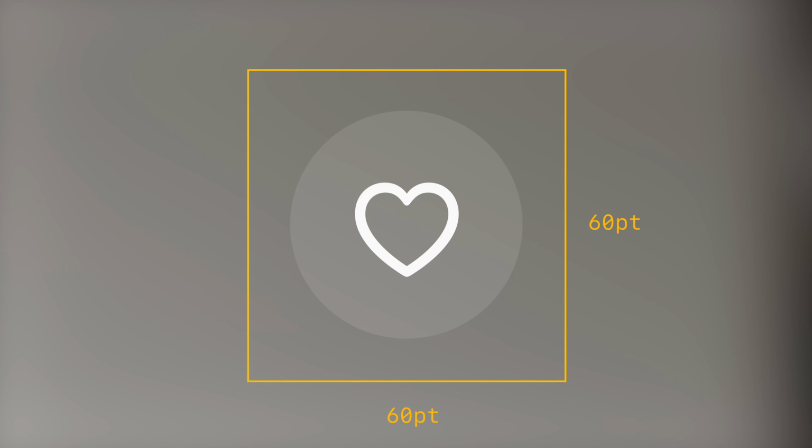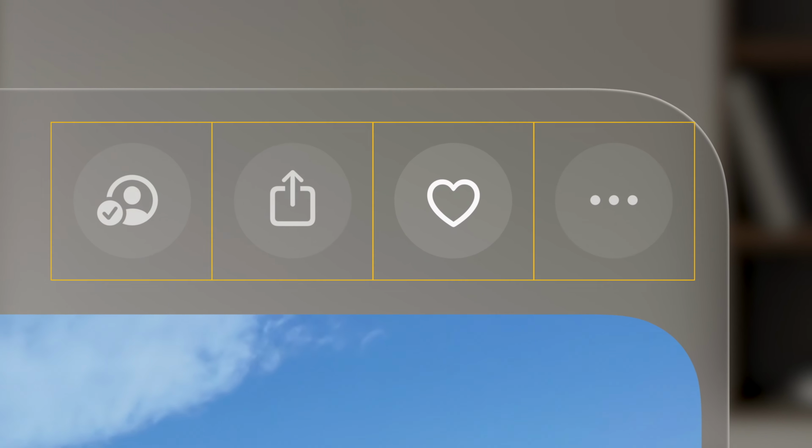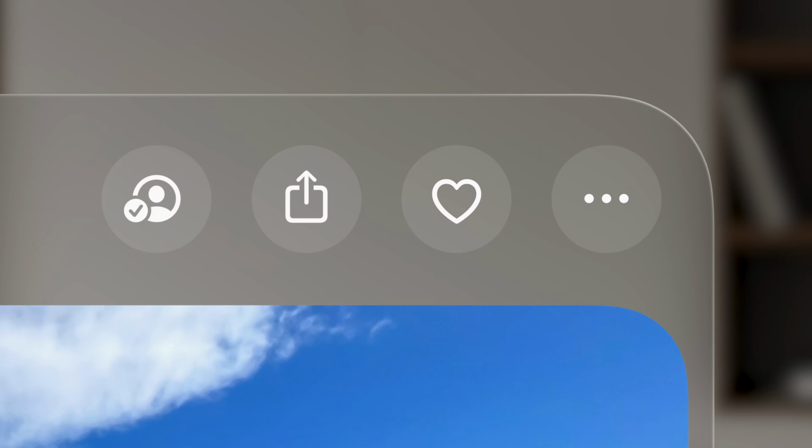Now that our attention is in the middle of our elements, let's look at the right size for your controls. The minimum area that your element needs for eye target is 60 points. But the element can be smaller than 60 points. You can achieve the minimum target area combining size and spacing. Use generous spacing between your elements in your layouts. This will help you target quickly and accurately with your eyes.